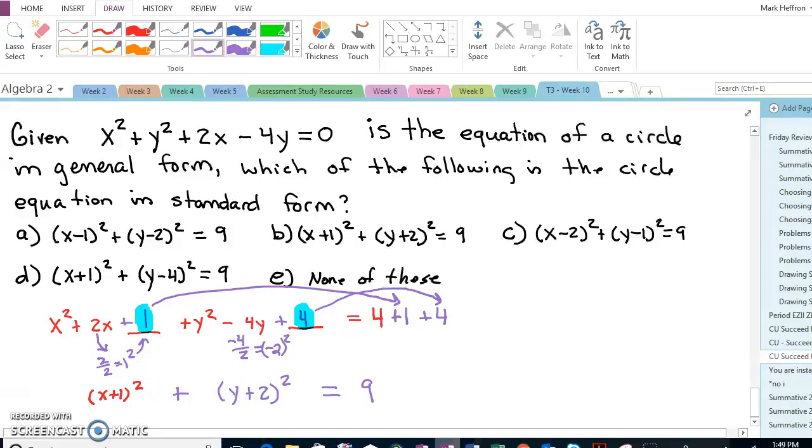Well, all this means is this is a circle with a center at negative 1 in the x, and y equals negative 2, and a radius of 3. And so our answer would be, looking for it,